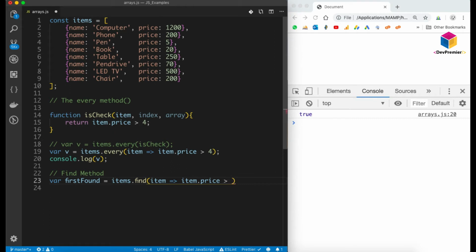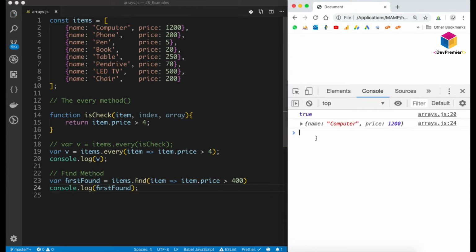So let's make it 400. Return the first item which has price greater than 400. So here we have 2 items, 1200 and 500, which have value greater than 400. So console log first found. So here we have the new array.